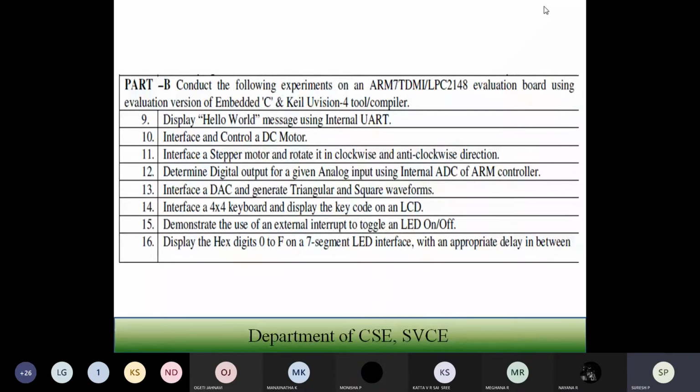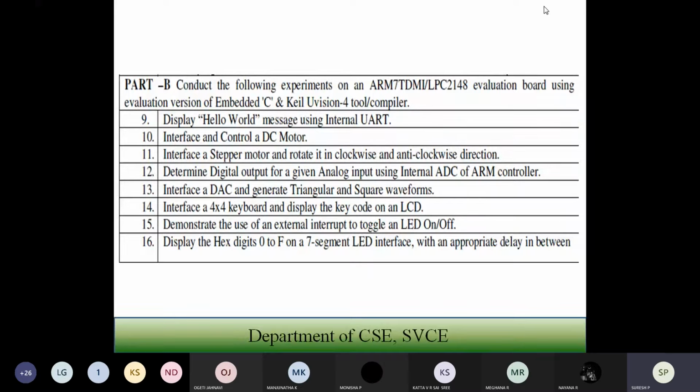Now in the sixth program, what we are going to have is, you are going to interface a 4x4 keyboard. That I have already discussed in your theory part. Once again, I will explain how it will be recognized and how we are going to scan that particular key along the row direction or along the column direction, how we are going to access that particular key. After accessing that particular key, how it is going to sense that particular key, and after sensing that particular key, how it is going to be displayed, what key you have pressed.